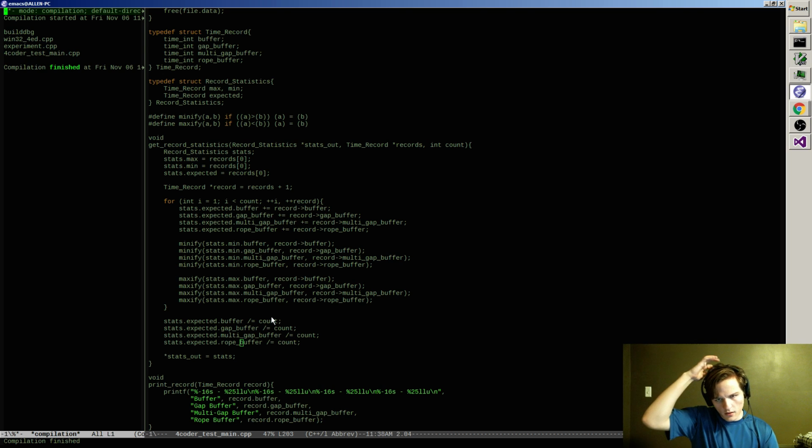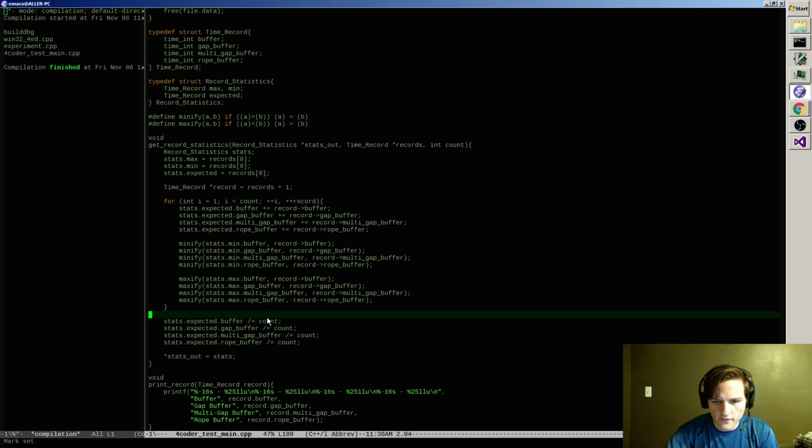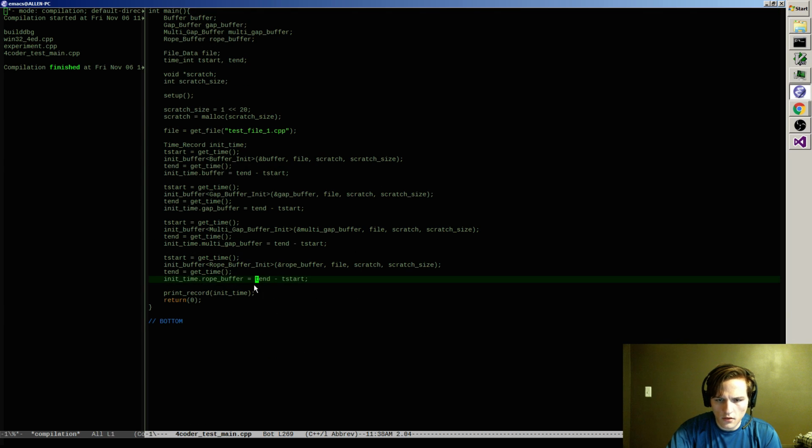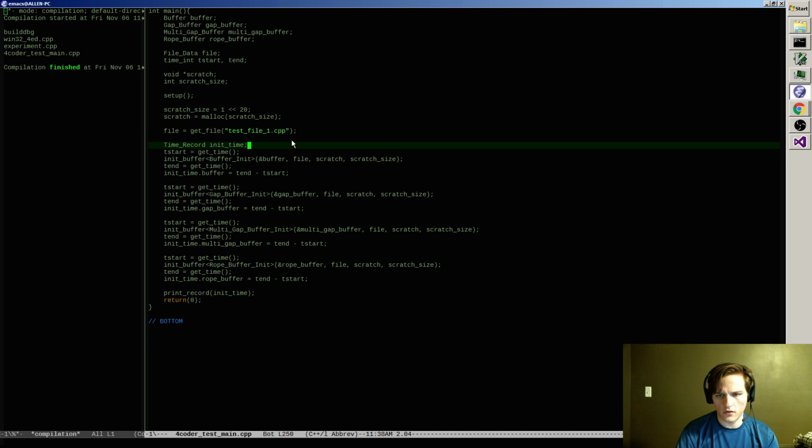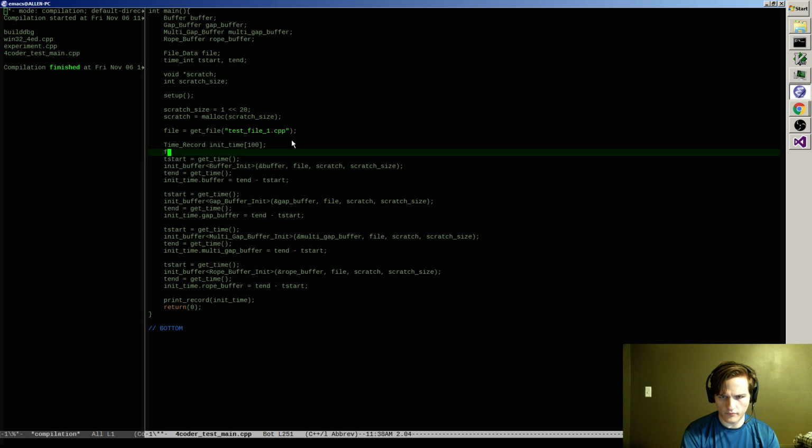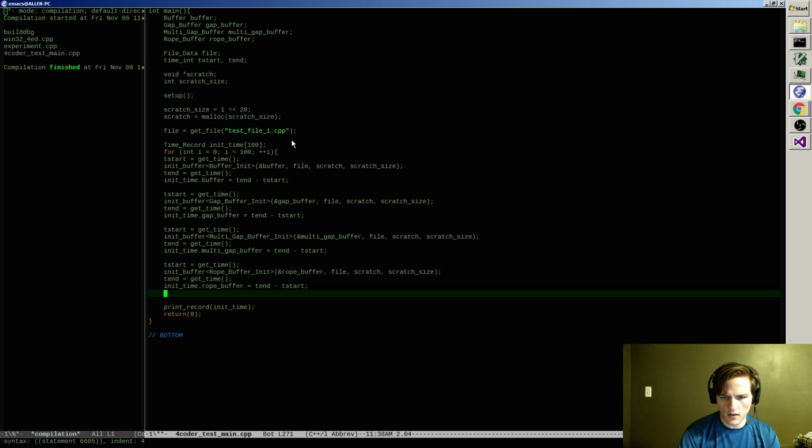Okay, so now I can collect some stats, which is fun, and do a loop on this section here, so it's more like init record 100, for int I equals 0, I is less than 100, plus plus I each step of the way.